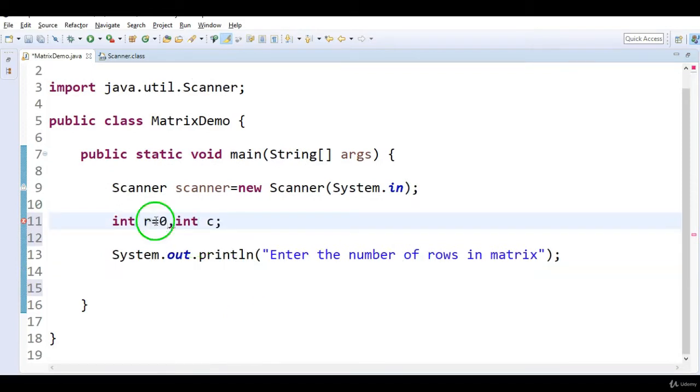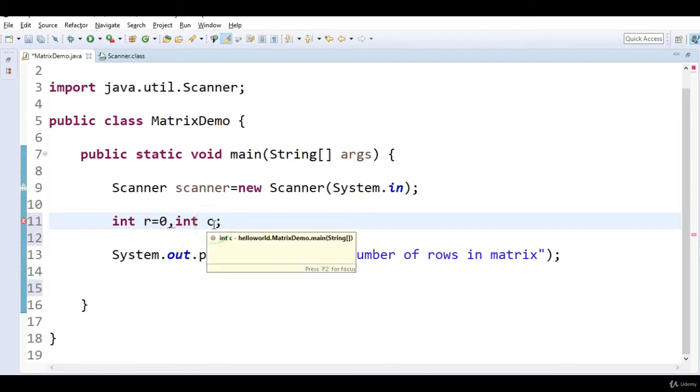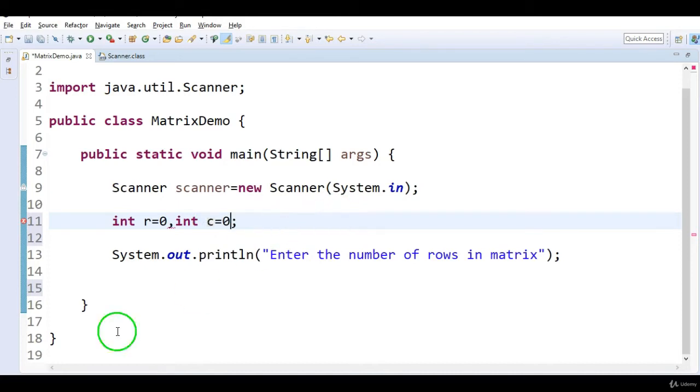So I am defining r equal to 0 and columns equal to 0, just initializing with 0. I'm defining rows and columns using the data type int, r comma c.